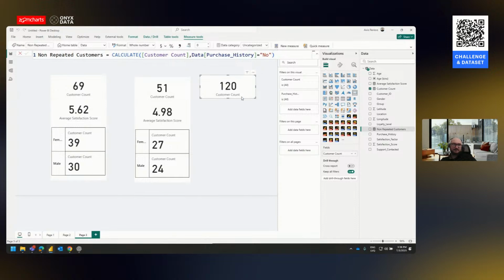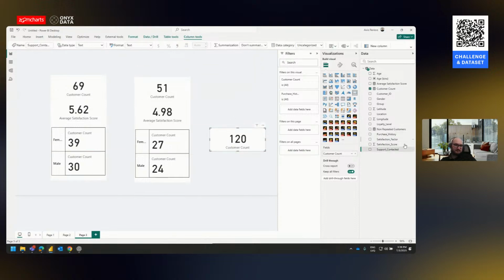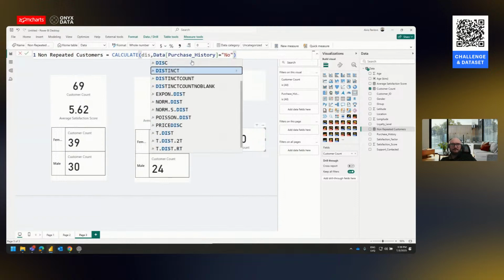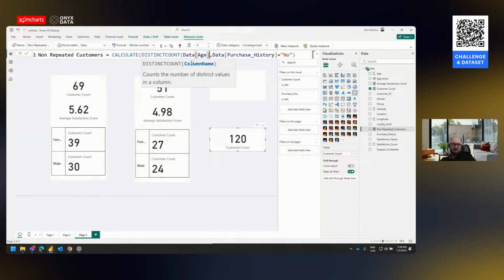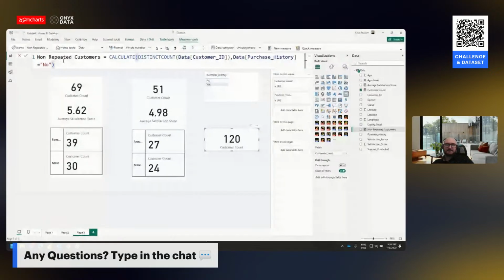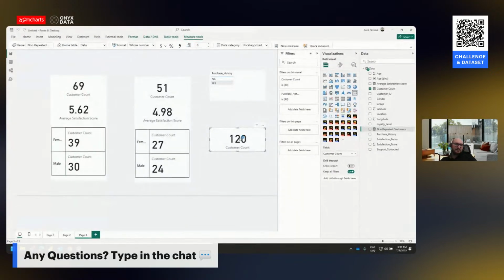Calculated purchase history? No. Data purchase history? No. Okay, let's expand on it. Not age, sorry. I'm probably missing a rookie mistake. It's 30 degrees, guys. I might miss something. I'll double check this. But yeah, you can use this also with calculate,